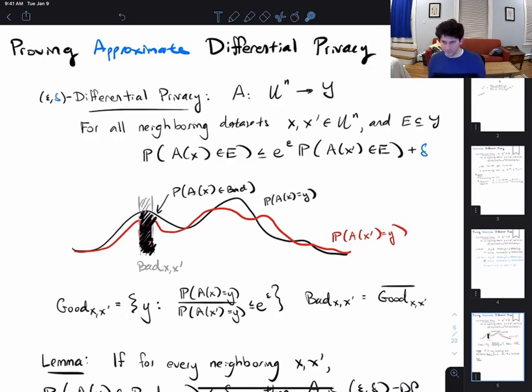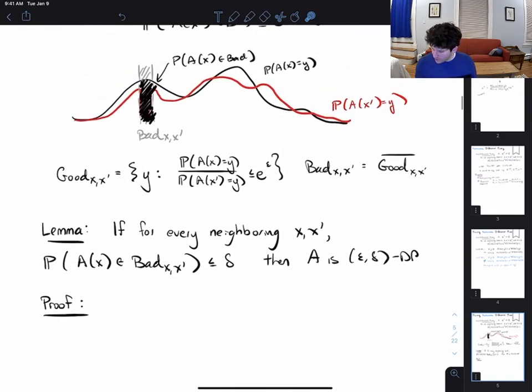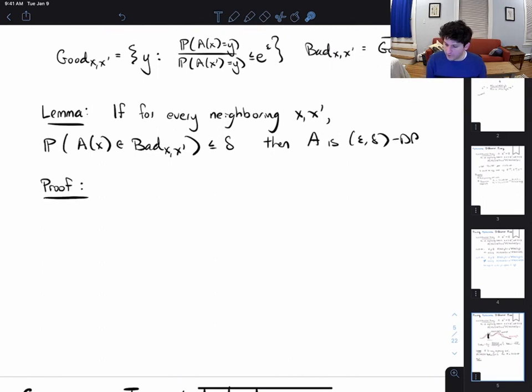All right, so if I wanted to prove that a mechanism is epsilon-0 differentially private, what I have to argue is that every single Y is in the good set and no Y's are in the bad set. But epsilon-delta allows me to have some Y's in the bad set. And the lemma we're going to prove is that if for every pair of data sets X and X prime, the probability that A of X outputs something in the bad set for the data sets X and X prime is at most delta,